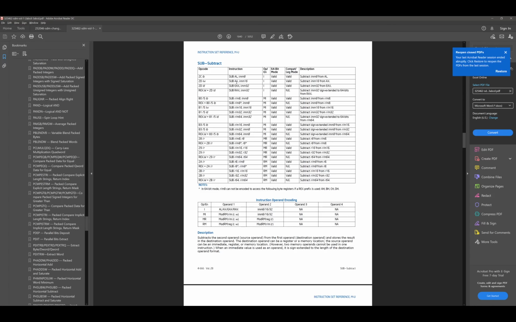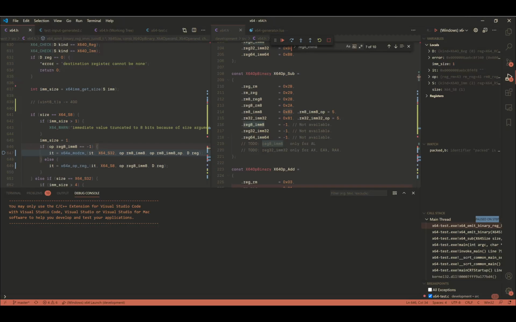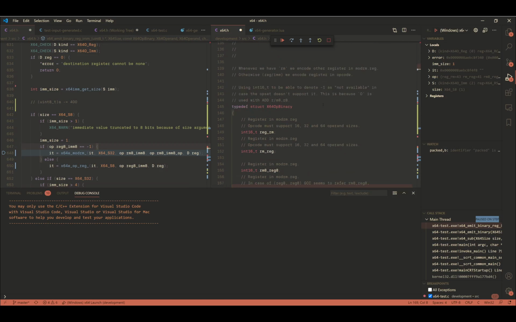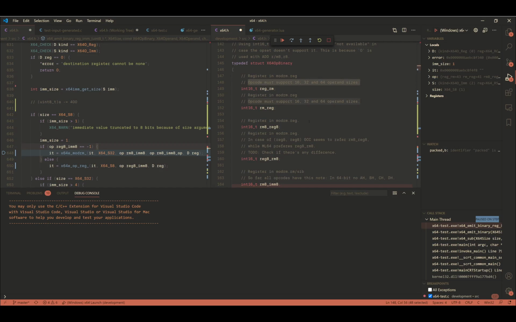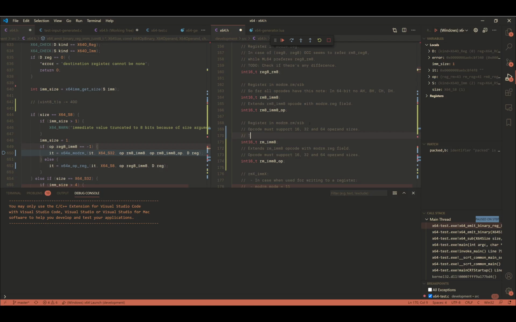So we go here to the manual. I will zoom it in a little bit. And in the manual, you see that 83 is actually the generic one. We are not even using encoding these, this is not used. Not sure what's the use for these in these contexts, but we will see eventually what it does, because it's